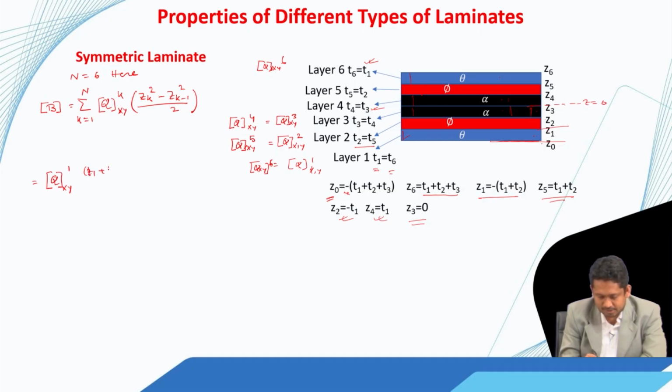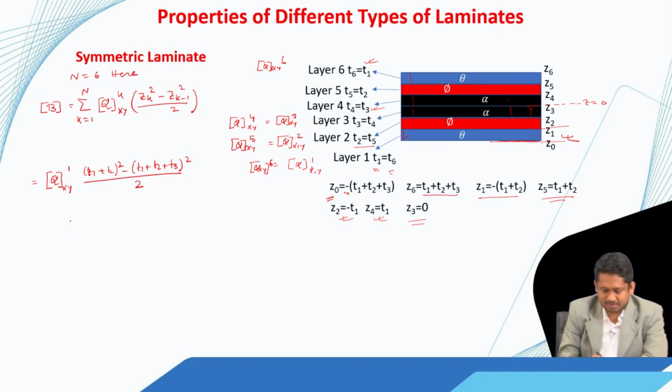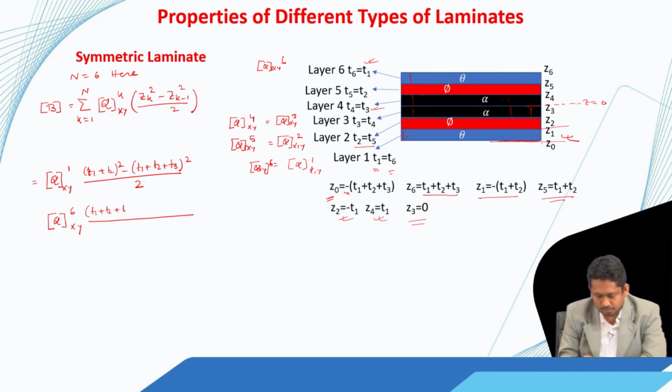So, T 1 plus T 2 square minus T 1 plus T 2 plus T 3 whole square divided by 2, that is for the first layer. Now, let us write it for the last layer. So, we have Q 6 multiplied by T 1 plus T 2 plus T 3 whole square minus T 1 plus T 2 whole square,